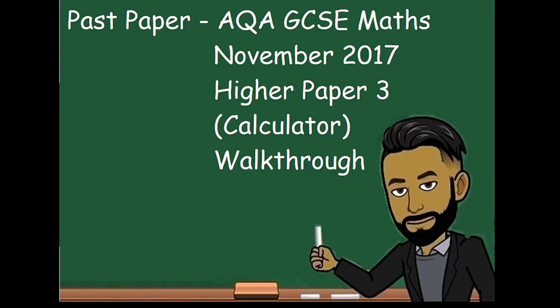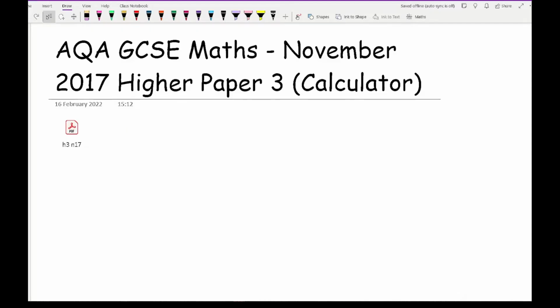In this video we'll be going over the AQA GCSE Maths November 2017 Higher Paper 3, which is a calculator paper. Now we'll put a link to a copy of the paper in the description below for you to have an attempt at, if you've not had a go before watching this video, as we go through the answers. And I'll also include, as always, a copy of the grade boundaries for this series of GCSE papers. So let's get started on this AQA GCSE Maths November 2017 Higher Paper 3, which is the